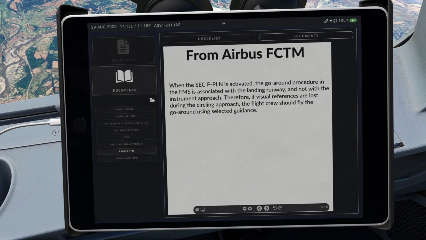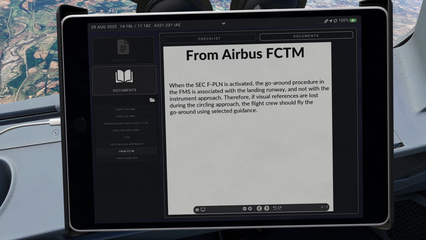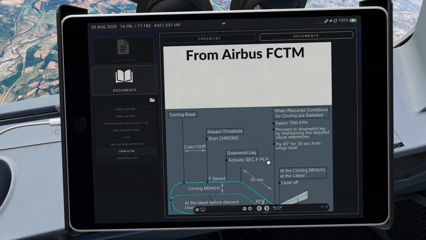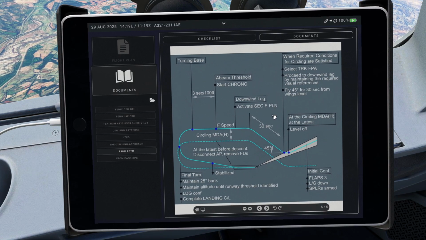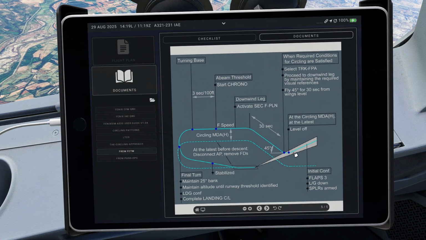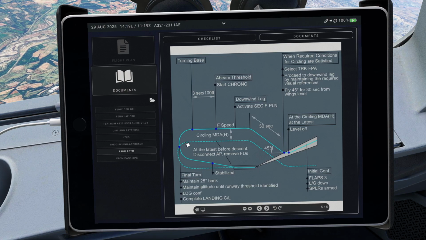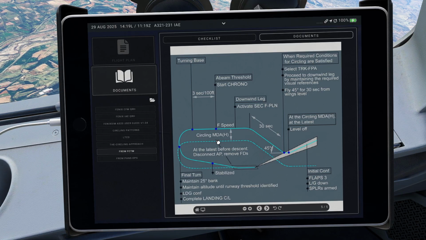That's clear. I don't give you any other information for that. And as a last page, we have a pattern from the flight crew technique manual. This pattern is not our aim today, and we are not going for this pattern, but during this I have